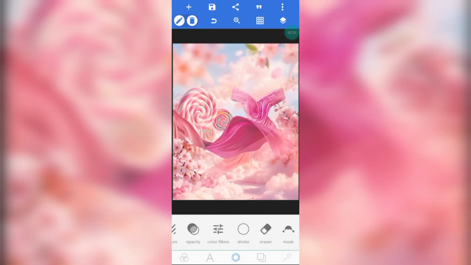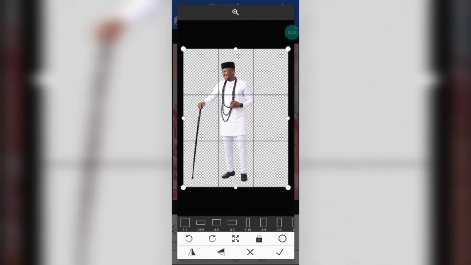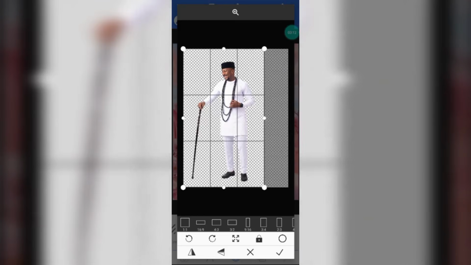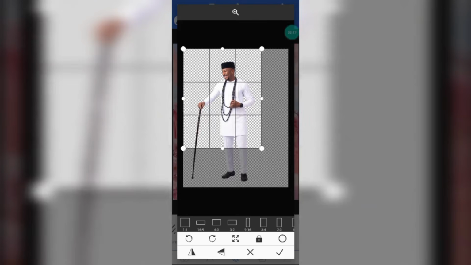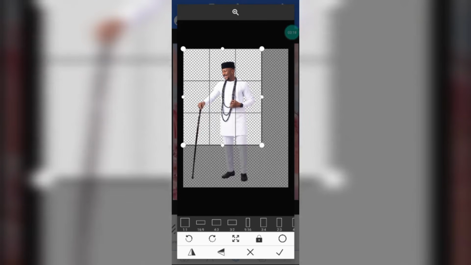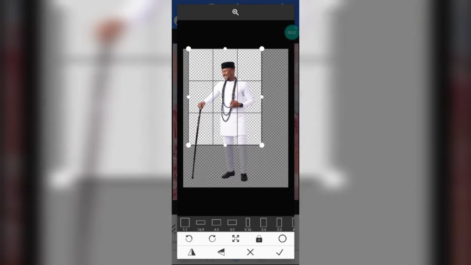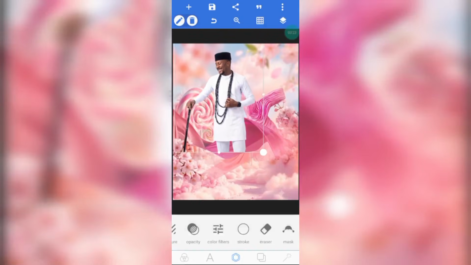The next thing we're going to do now is import the image of the man. Let's import his picture. So guys, this is his picture. Okay, now I want you to crop this part out. Now take this up, don't worry, just follow me. Okay, this is okay. Now crop this other part out. Click on your good icon, just stay with me. Now go to